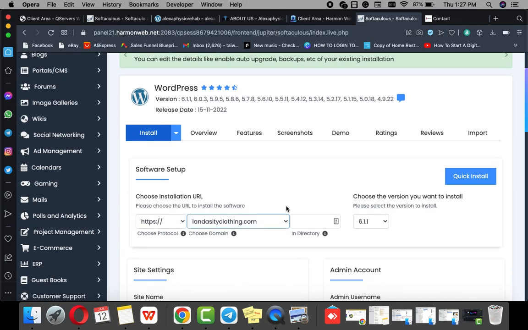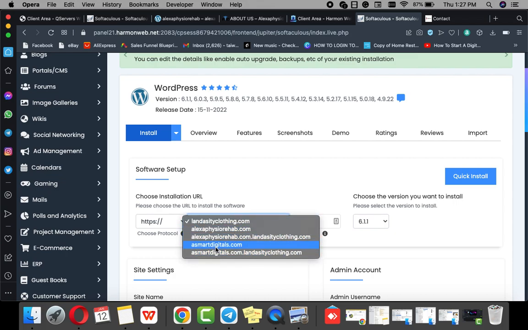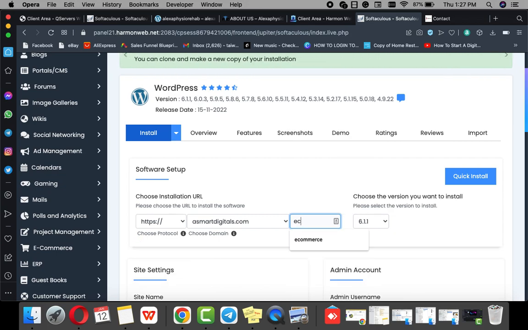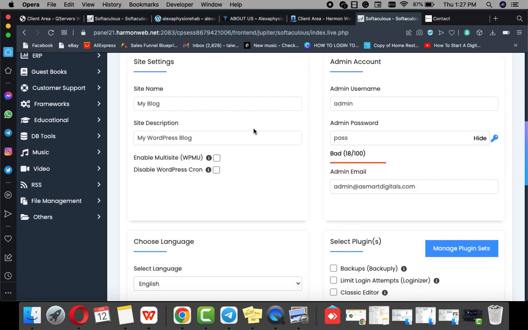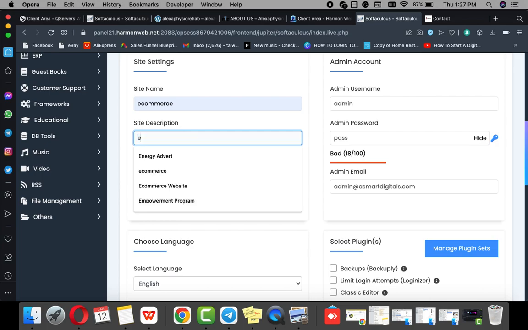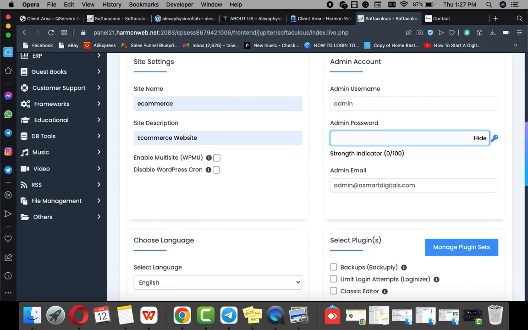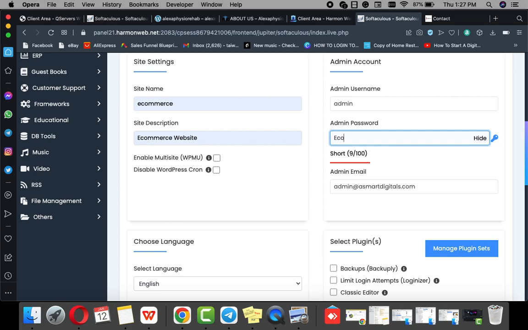Then I'm going to install it in a directory. Let me use my own directory. Then let me just use it, e-commerce training. Okay, so I can change the site name to e-commerce. The description, let me just use e-commerce website. The admin username, I'm going to leave it as admin. Then the password, I'll change that one to e-commerce website,